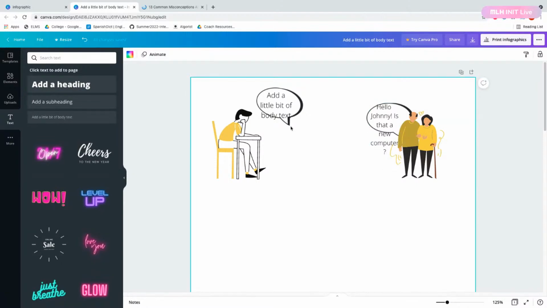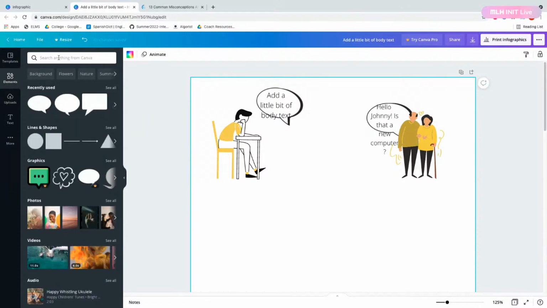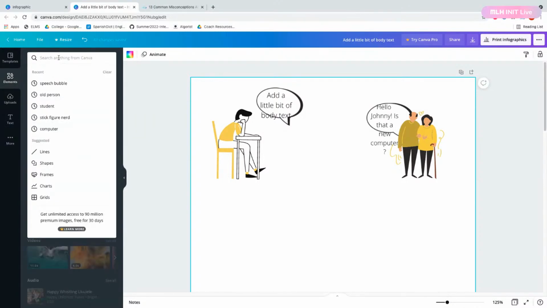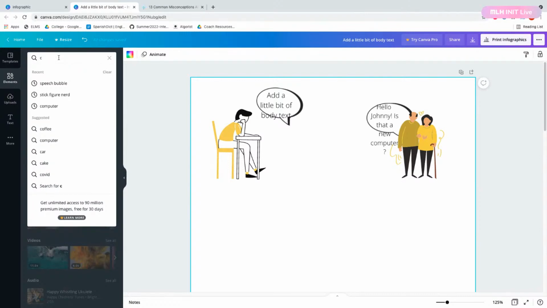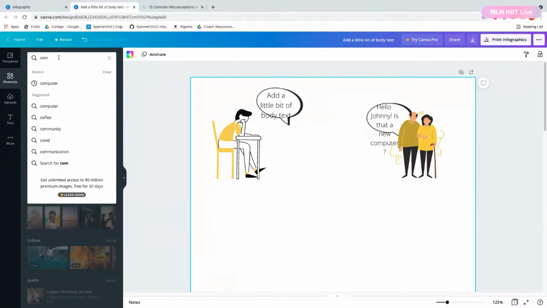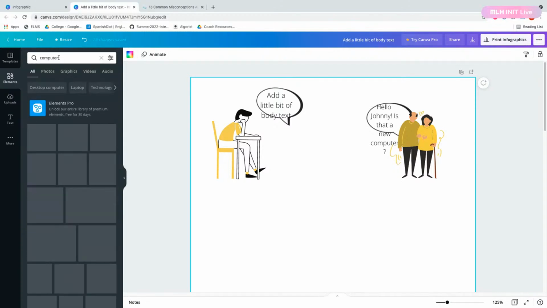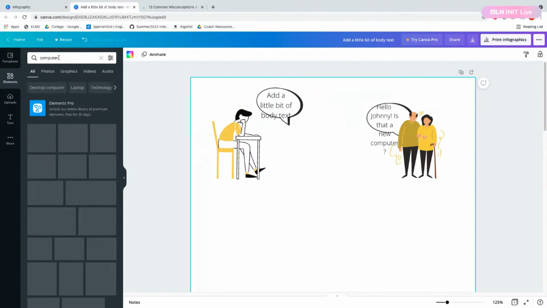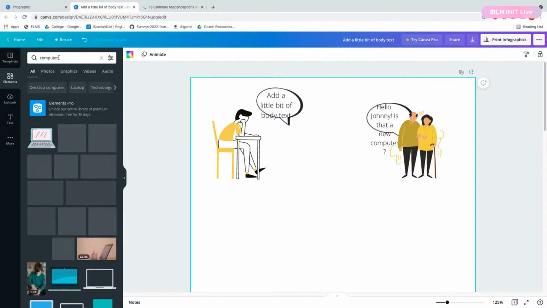Let's look for a photo of a computer. There we go.